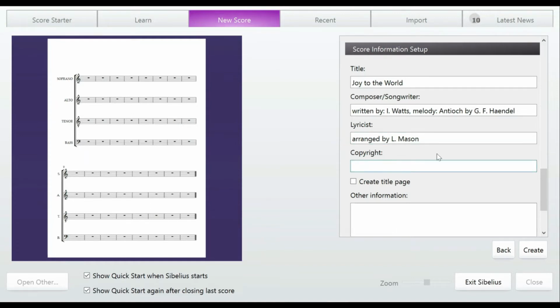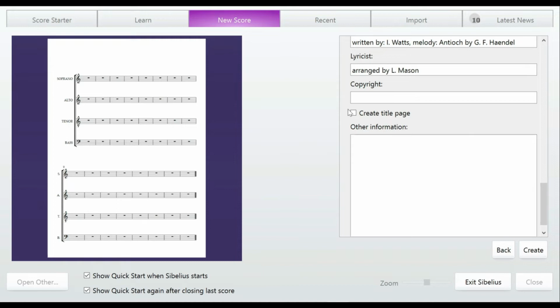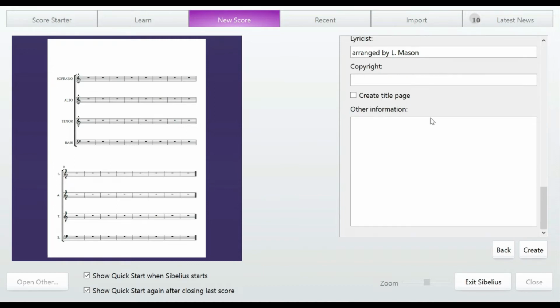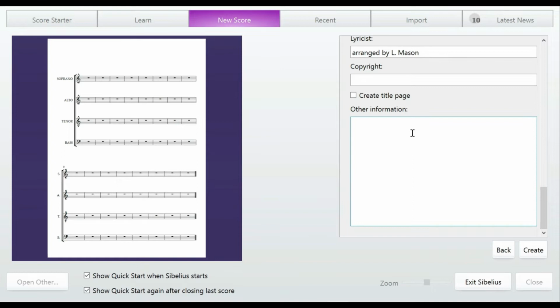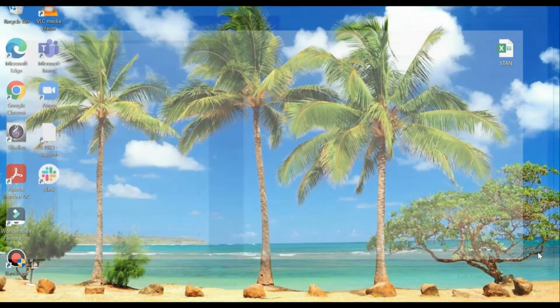Copyright, I have no copyright on this, so it's a no from me. Create title page, I don't need that. It makes the page from the previous information about songwriters and other information. I don't need anything either. And now I press create,